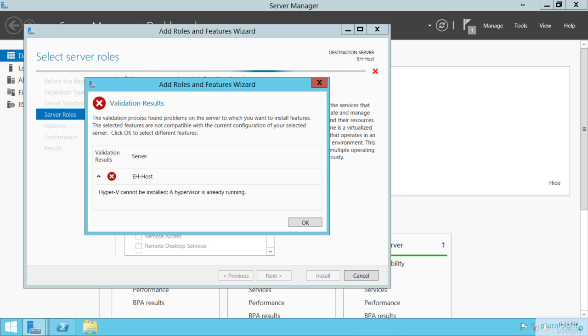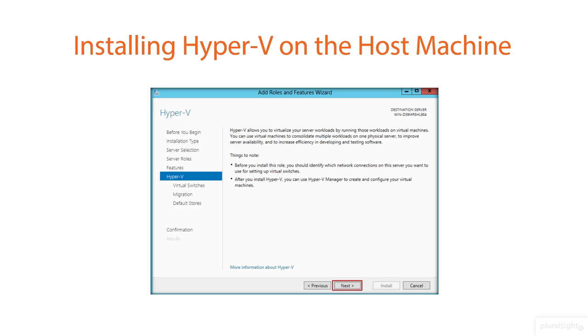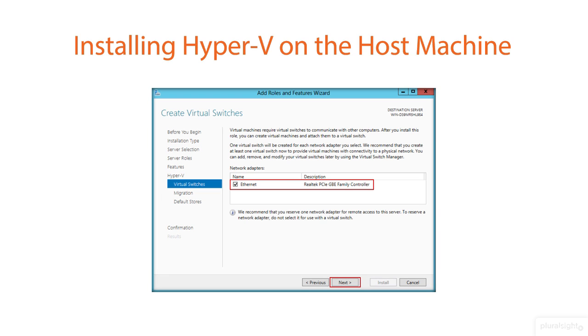You will just simply continue to hit Next, take the defaults. Let me jump out to a screenshot here for you, so hang on a second. So after you select that as a role to install, you'll be then presented with basically a summary screen about what you're about to do. You're going to go ahead and select Next. It'll then go through and try to identify the network adapter that's on your host machine. If you don't see one listed here, it's because you need to install a driver for that NIC. We're going to use this NIC, or what's the concept here is that virtual machines can actually gain access to the